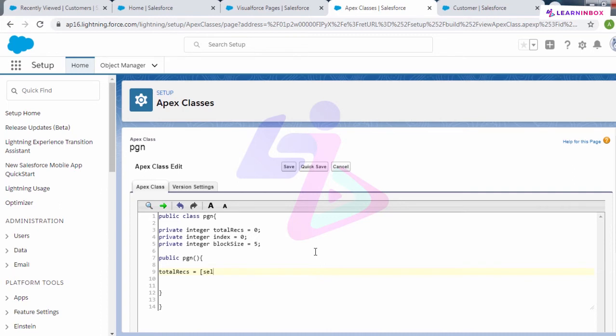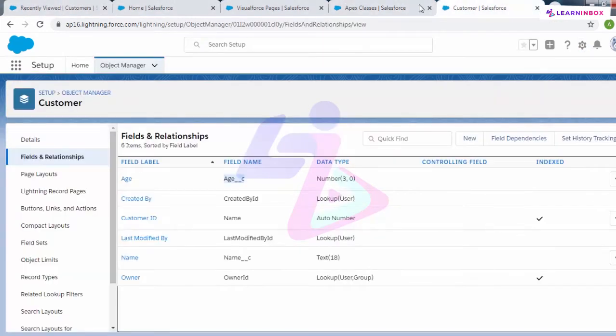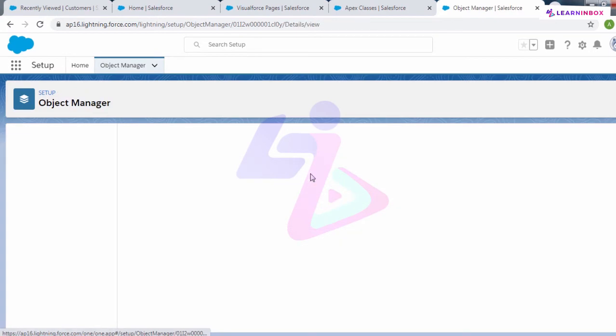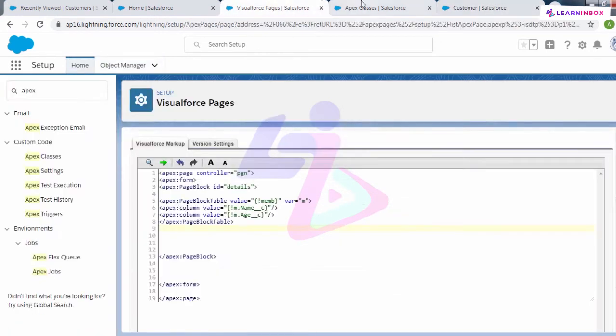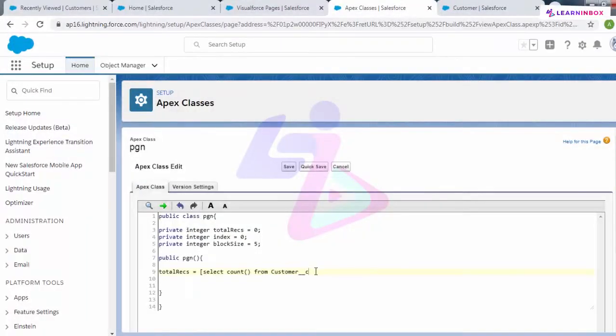So select count from, let me take the API name here, and end of the query. So total records will give me the count of the records present in the customer object.